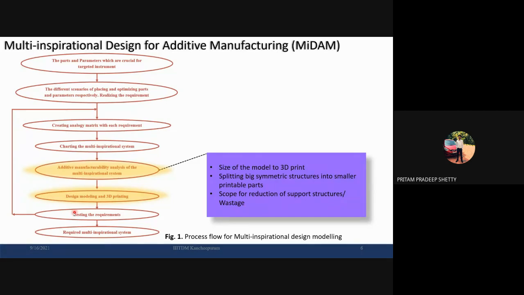Then the next step will move on to design, modeling, and 3D printing. This is just a software part where you will model it according to all the parameters you considered. This can be extended again to any type of manufacturing technique. So if it is sheet metal, you can consider all the aspects: can you bend the material the way you want, all those aspects. So you have to think about the manufacturing aspects as well. So this is more flexible. I just talked about additive manufacturing.